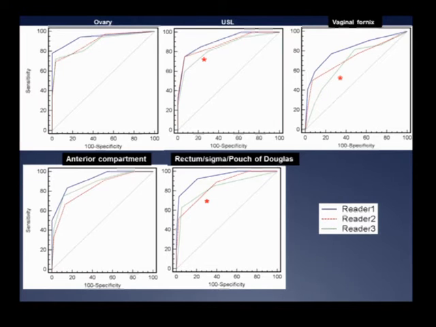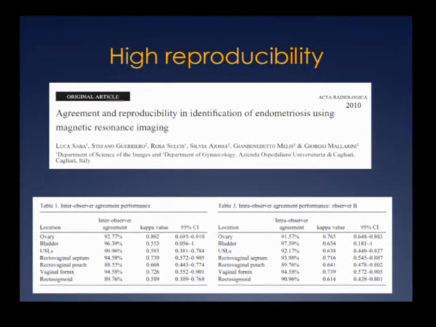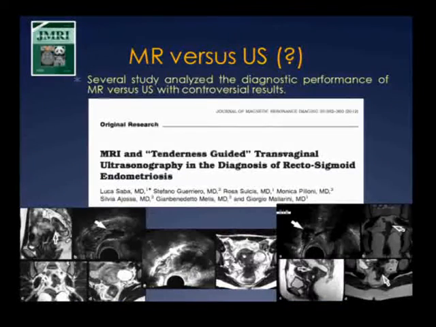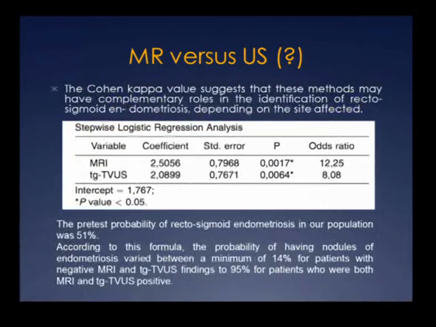For example, uterosacral ligament is difficult, but vaginal fornix is difficult. Also, in some localization of recto sigma, the younger radiologists have more difficulty obtaining a good diagnosis. The reproducibility of these techniques is usually good, also for different kinds of radiologists. And we use these techniques in everyday clinical practice as protocol, also for investigational purpose, but we obtain unusual results,